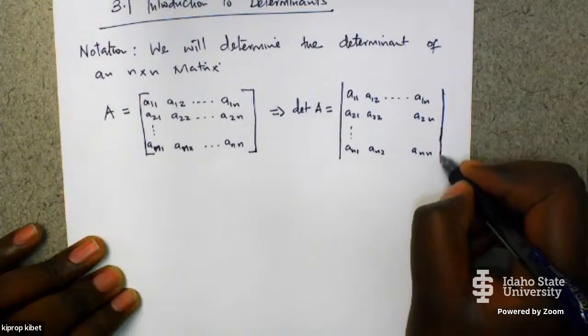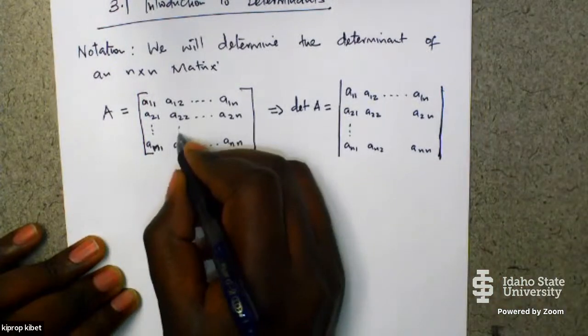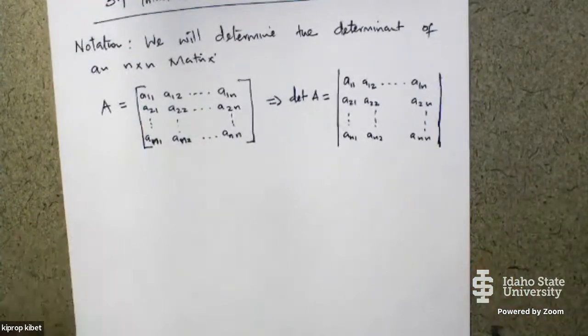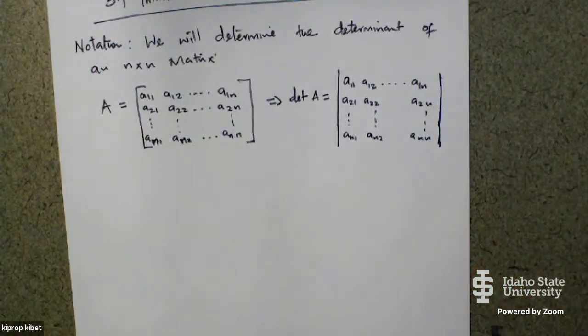So we write it like that. That is how we write the determinant. If you find the absolute value,